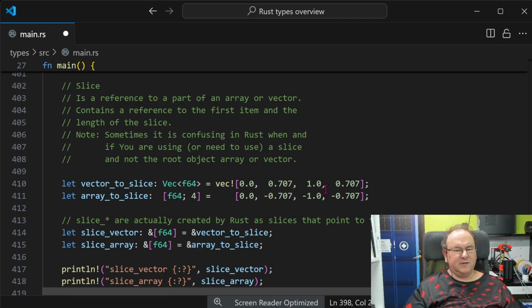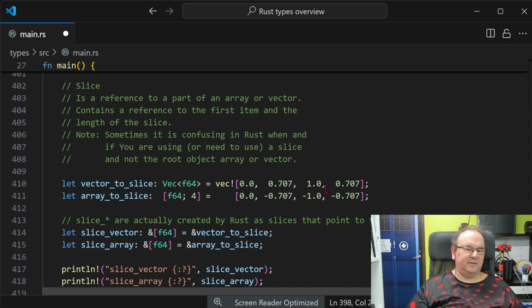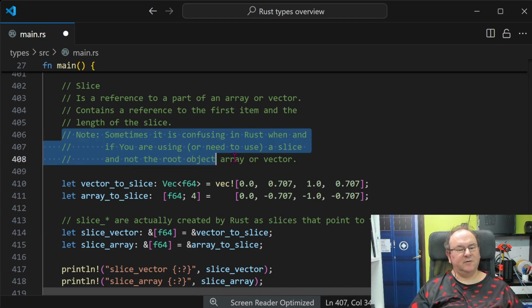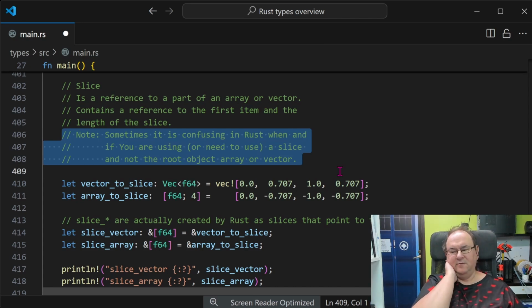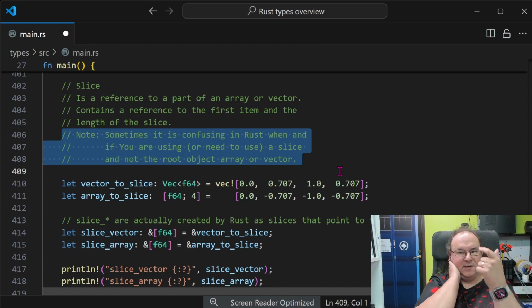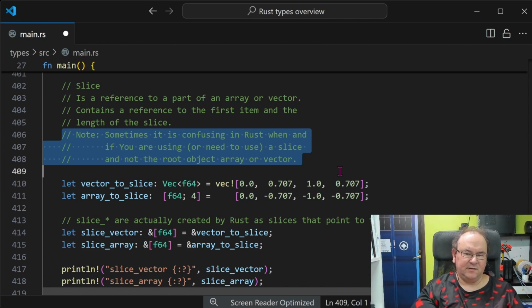and it's a reference to a part of an array or vector. It contains a reference to where it's starting in the vector or the array, and then the length. So that's what it represents. And I must say that when you're reading Rust code, if you haven't been doing it for a while, it's going to be really confusing in the beginning to figure out: am I using a slice now? And do I need to use a slice? Or do I need to use the original object? And then what functions take both original, like a vector and array as they are, and what require a slice. So